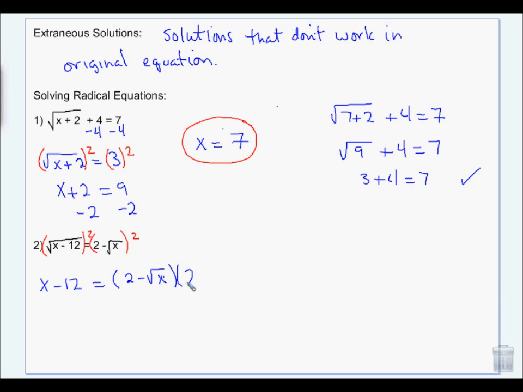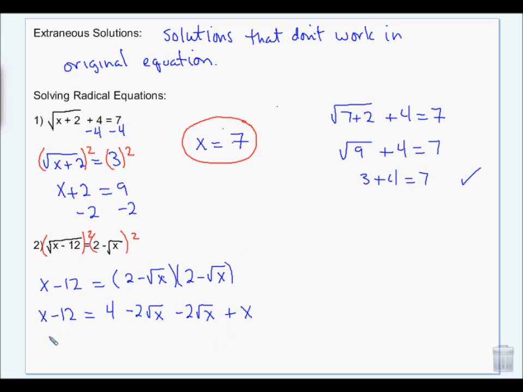And on this side, I'm going to have some foiling to do. So 2 times 2 is 4. 2 times, that gives me -2 times the square root of x, minus 2 times the square root of x, plus x,